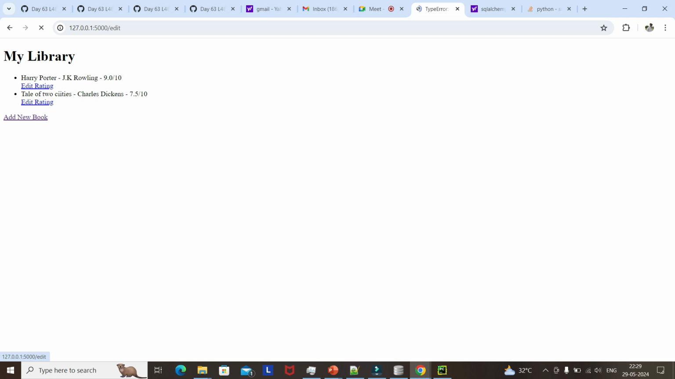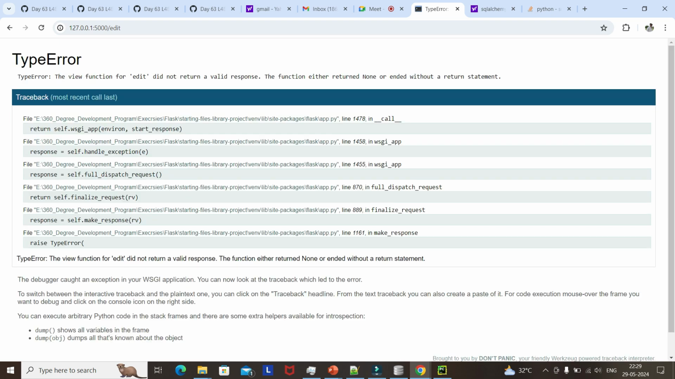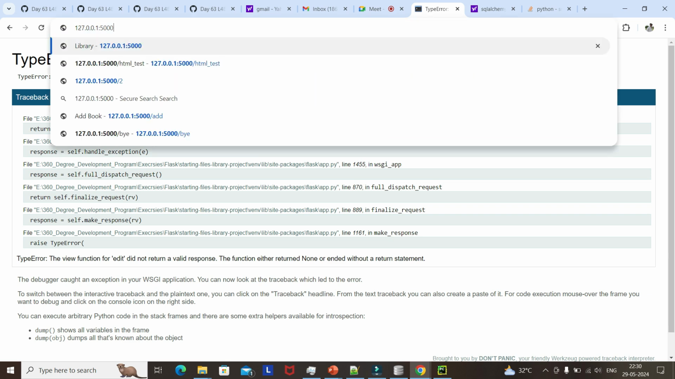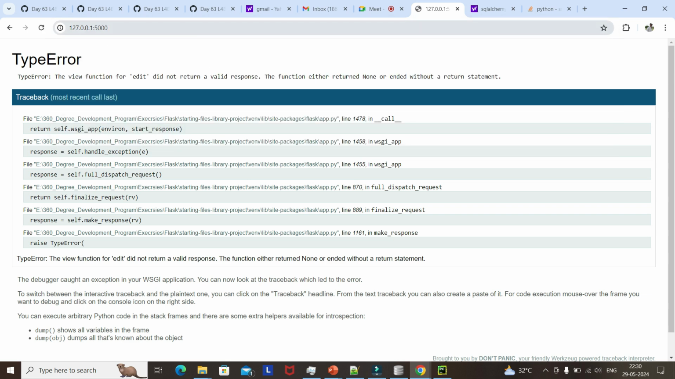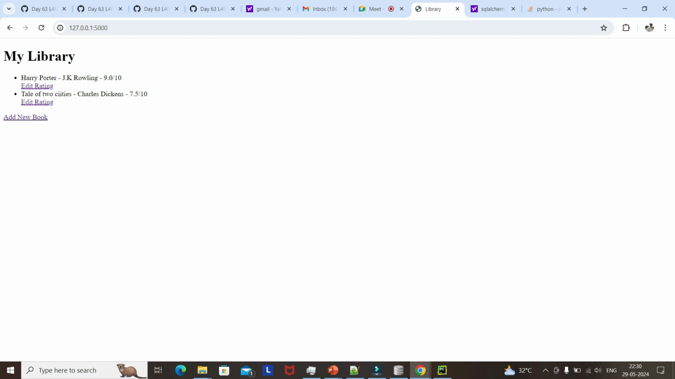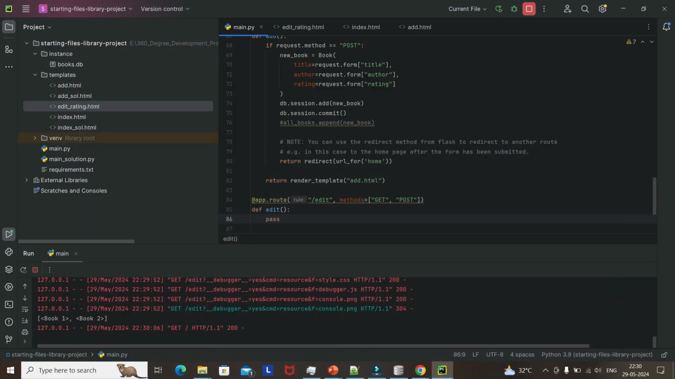So anyways, as of now, if I just click, there is no code I have defined, and that's why it is not working. So we haven't rendered any template, right? We haven't rendered any. So if I just return here the edit rating.html template,